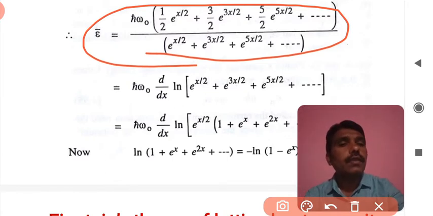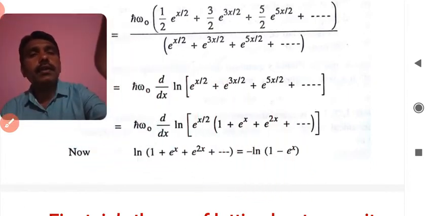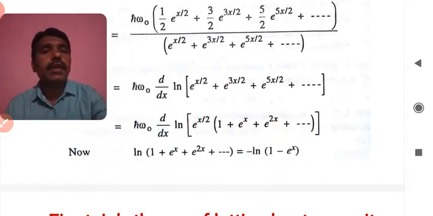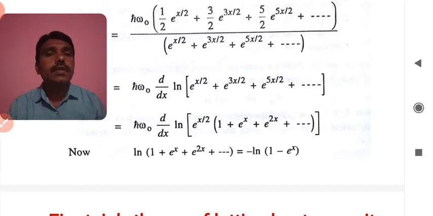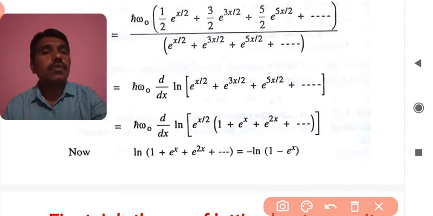I can say this is somehow I can write in another format. In a similar way, if it is implemented in this fashion, then it can be written in the log form. It is nothing but likewise this log form, मध्ये मला अशा पद्धतीने मिळेल. सो एच क्रॉस ओमेगा 0 ddx ऑफ लॉग ऑफ एक्सपोनेन्शियल ऑफ ह्याच्यामधून जर समजा एक्सपोनेन्शियल ऑफ x/2 जर कॉमन काढलं